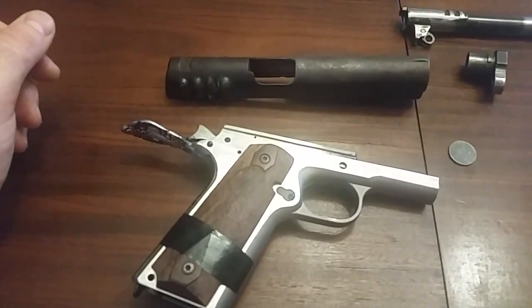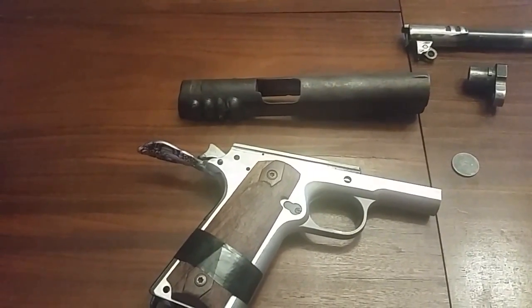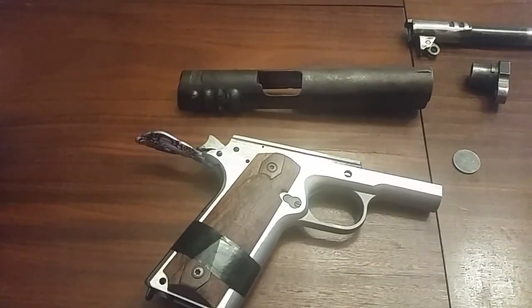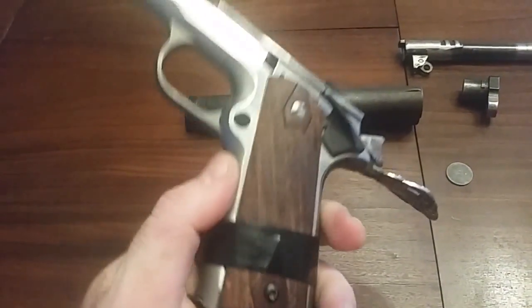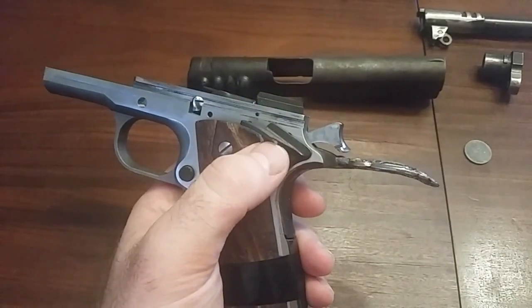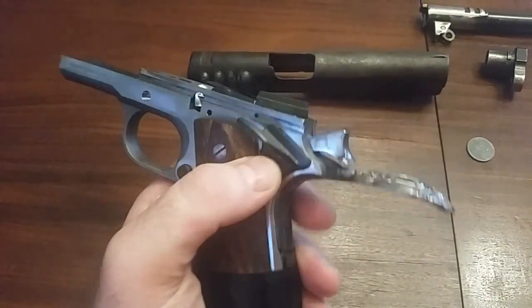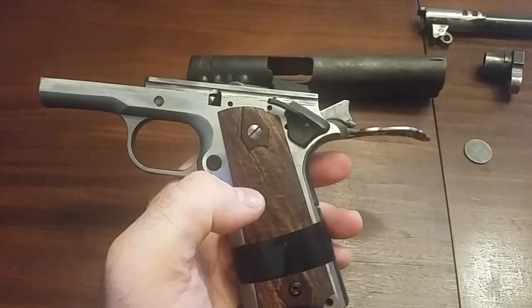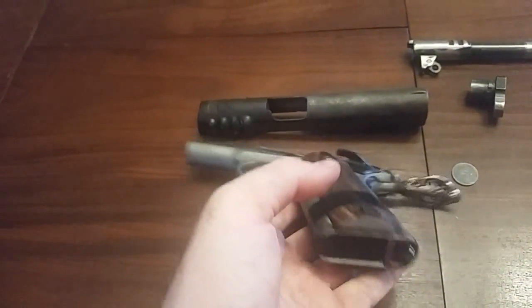You know, a little bit at a time, it's coming together. I think the next thing is going to be the sights, probably, followed by the grips, followed by basic modification of some of these external controls. I think I want to replace this with something a little different. I haven't decided exactly what, but, you know, figure it out. And then